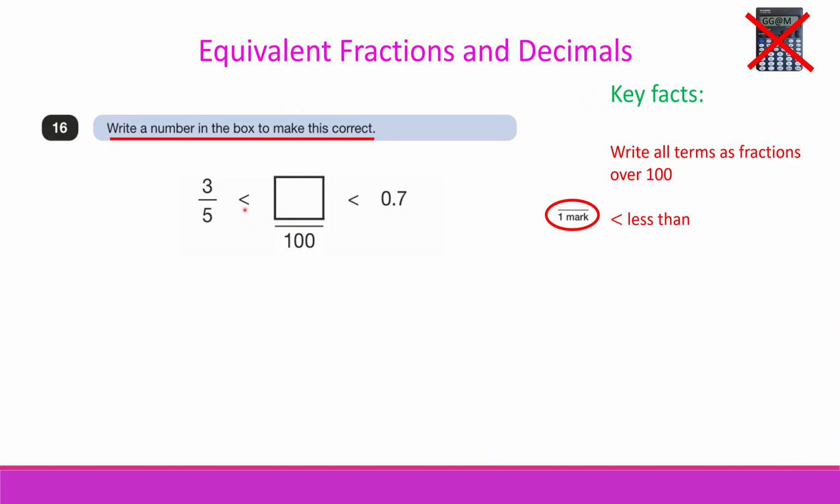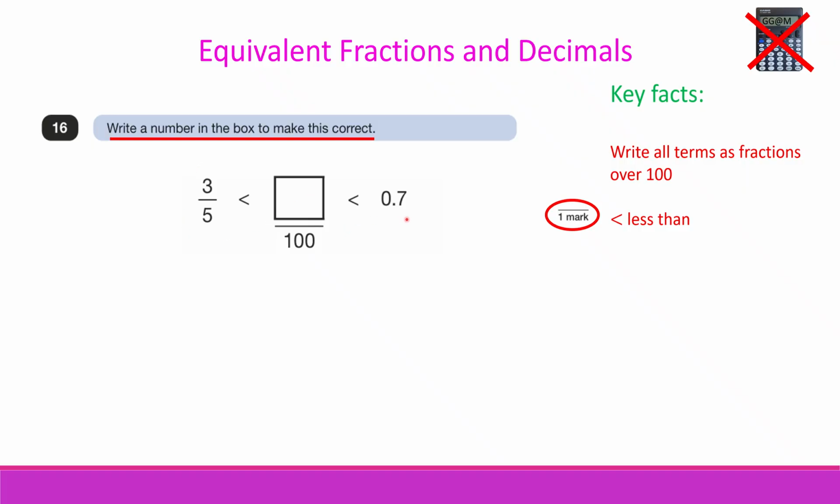Now this symbol here means less than. So that means 3/5 is less than the answer that you've got to give here. And this answer here has got to be less than 0.7. So this is the smallest number. This is the largest number, and this one will be in the middle. So that's all this sentence means, that 3/5 is smaller than your number over 100 is going to be smaller